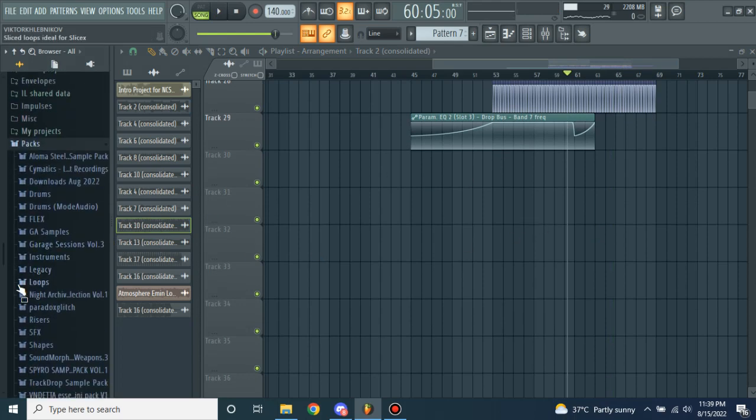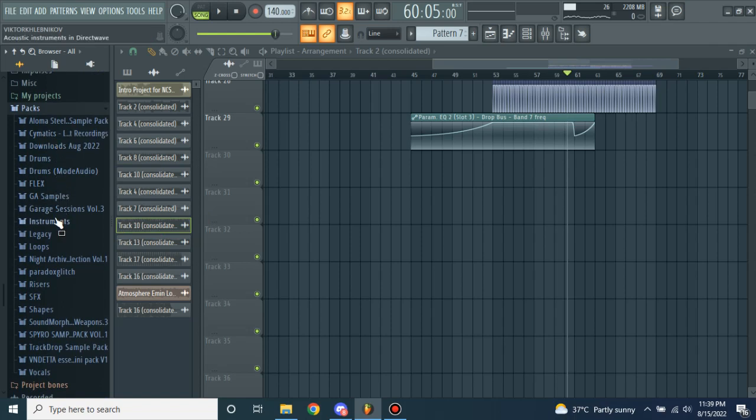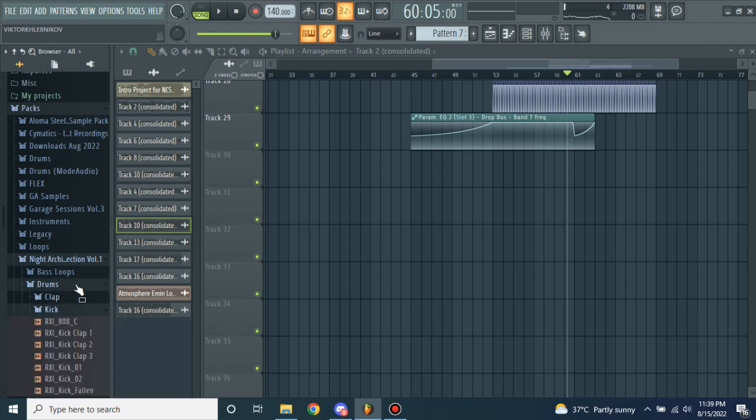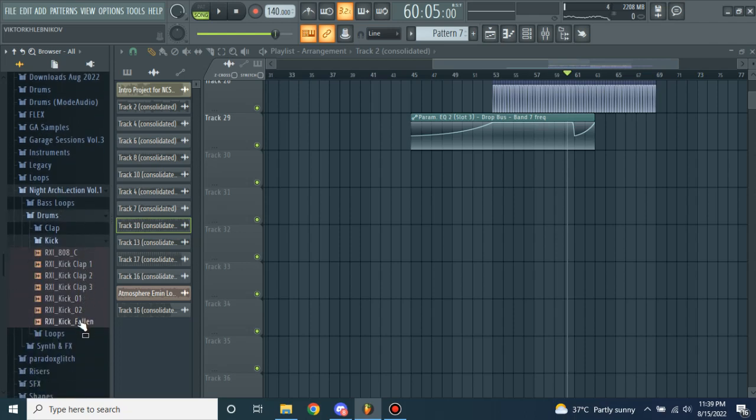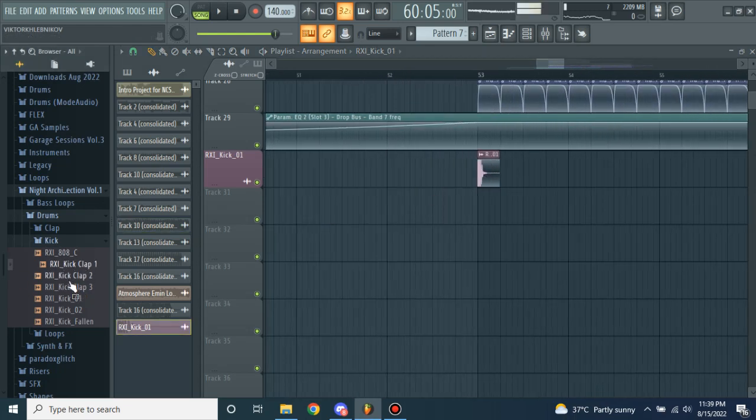Now what I'm going to do is go over for the drums. I've got a Future Rhythm pack right here. That's got some decent drums. They're not like the best, but yeah, they work. This really could work as like the main kick sound. And